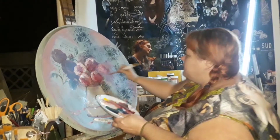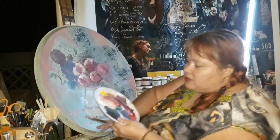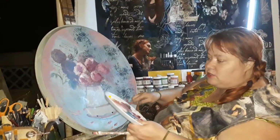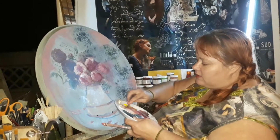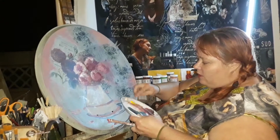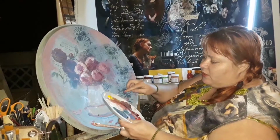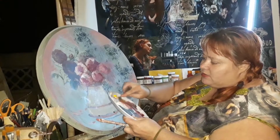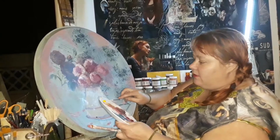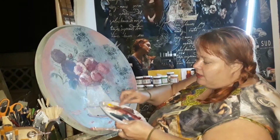Okay, so I'm just playing, I want some highlights as well, and when I look at my roses, it's very important that your vase also shows some light colors as well. So when I take my white as such, okay, I'm going to take my white and just use it. I've mixed a bit of the pink with, I can take a little bit of the crimson just to highlight it, because white on its own is very dull, you know. So a little bit of the yellow would just maybe lighten it a bit. Okay, I've used some,